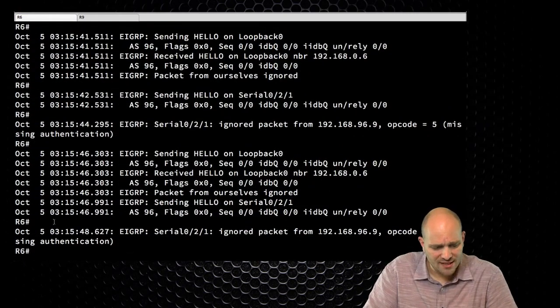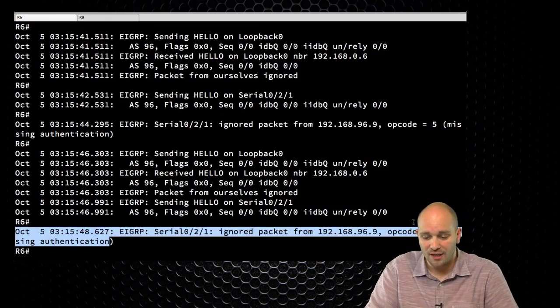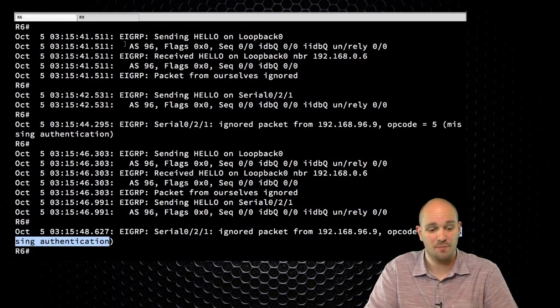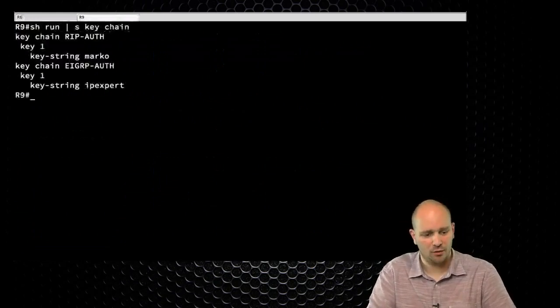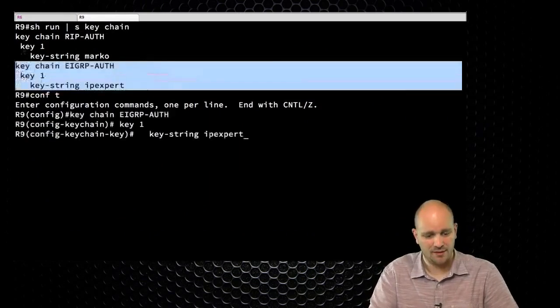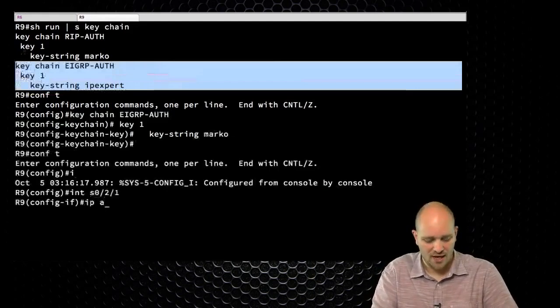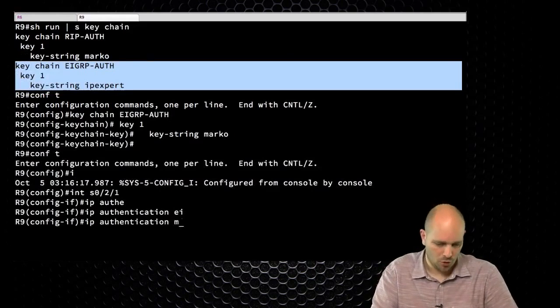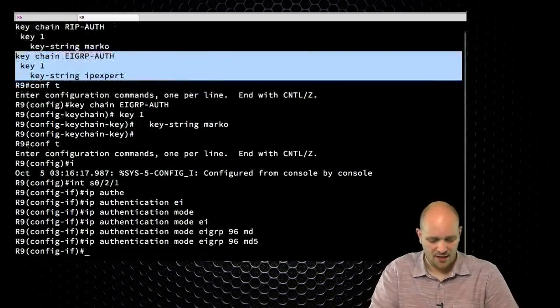And we are going to see here that we are receiving a packet that we are ignoring on serial 0/2/1 because we are missing authentication. So now we are told that authentication on the other side is actually missing. It wasn't configured. So I do have a keychain configured on this side, which is EIGRP auth. So let me go in and let me break it a little bit. So I'm going to say that the key is actually Marco. So interface serial 0/2/1, I'm going to say IP authentication mode EIGRP 96 MD5, and I'm going to say, now